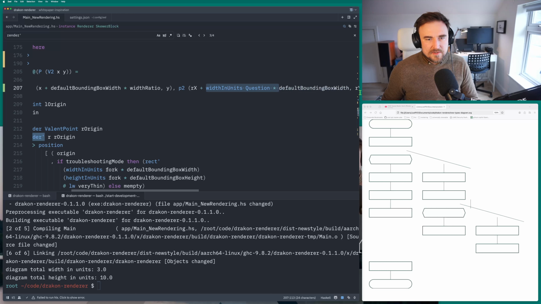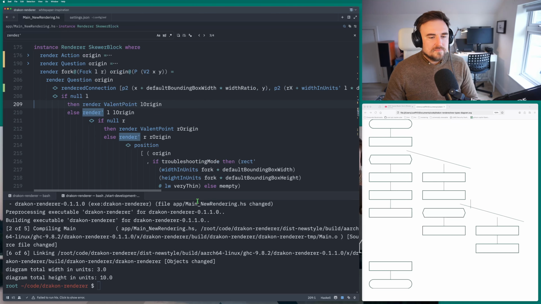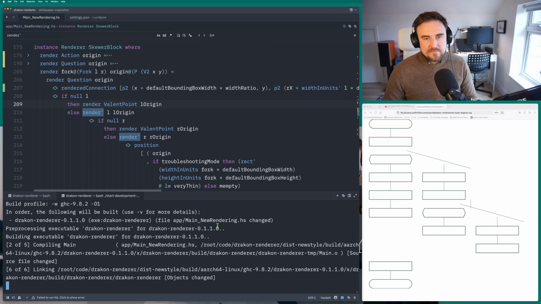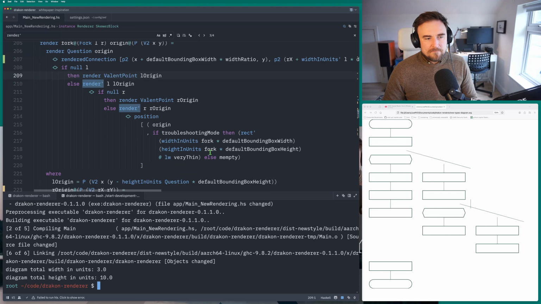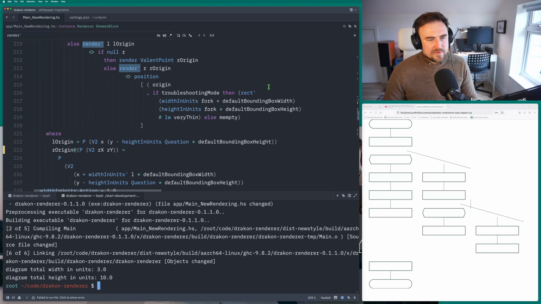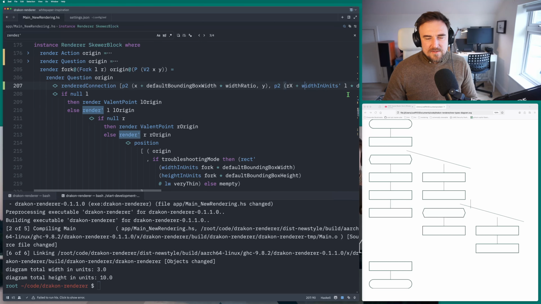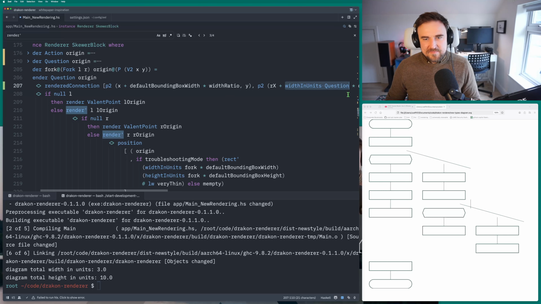This is not correct. It will be width in units of L. Oh, but we already have calculated that? Okay, so we don't have to do that. It will just be